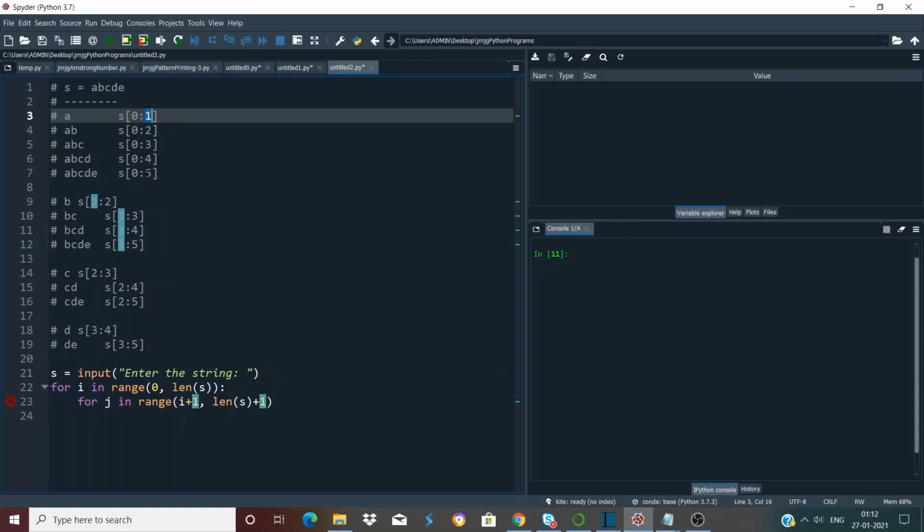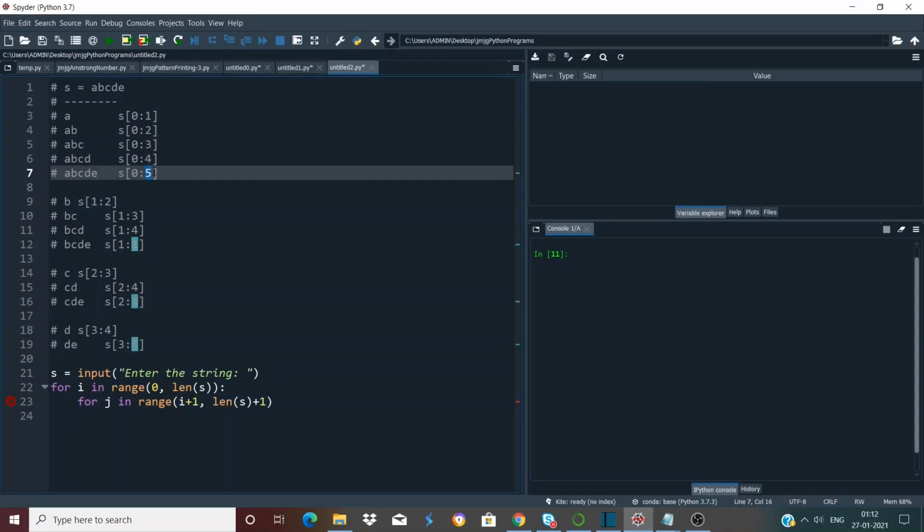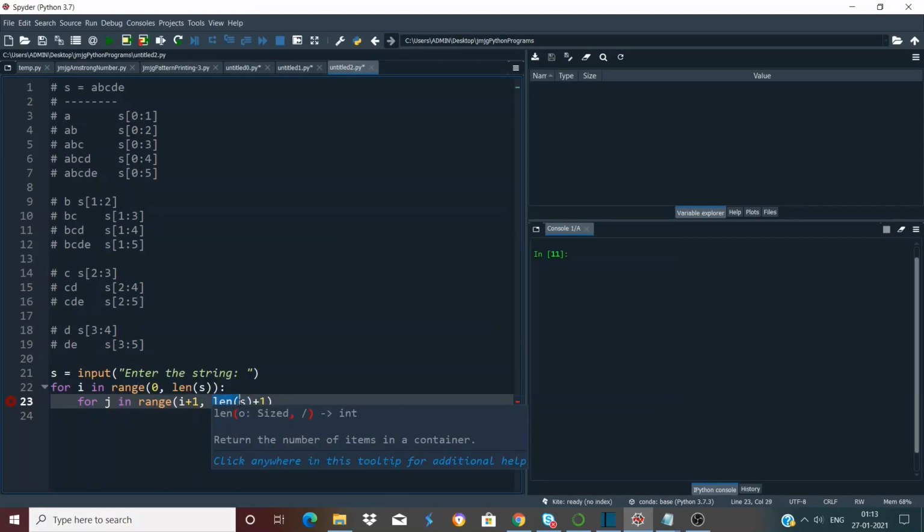And what will be our last end index in the slicing operator? The last end index will be equal to the length of the string. Here the length of the string is 5. That is the last end index inside the slicing operator. So if we mention len(s) here, it will actually not include 5, right? As len(s) gives us 5, and in the range function the last index that we specify is not included. So to actually include the number that is the length of the string, we have to mention len(s) plus 1, right? Okay.